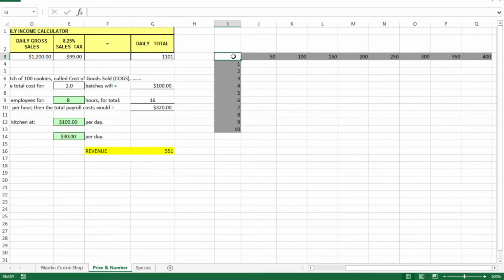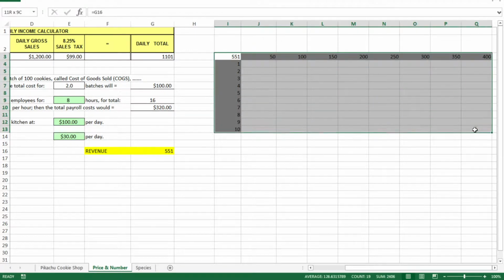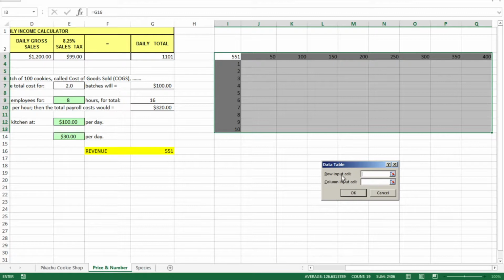At this corner, the dependent variable's formula needs to be put here. And in this case, it should be equal to the revenue. So let's make it equal to here. So everything's prepared. Let's select it first, and let's do the what-if analysis. The table and the row input cell, which is here,